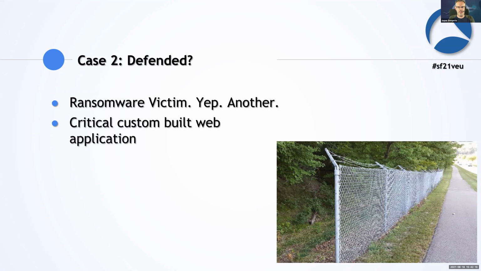Self-written applications in that size usually mean that nobody cares about security in those applications. And it's a pen tester's dream to work on an application like this, because they usually find all kinds of problems with it, like SQL injection and cross-site scripting and whatnot. So they had this application and they needed it to run as soon as possible, because if it doesn't run, nobody can order their goods. And that means if that application is down for, let's say, a week or two, they are probably in a financial situation that threatens the survival of the company. So it needed to go online again.